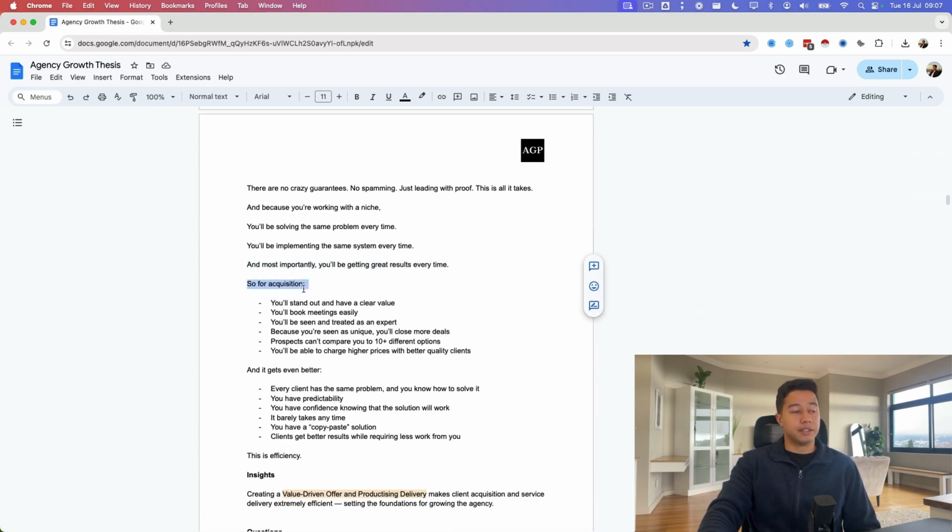So for acquisition, you'll stand out and have a clear value. You'll book meetings easily. You'll be seen and treated like an expert. Because you're seen as unique, you'll close more deals. Prospects can't compare you to 10 different options, and you'll be able to charge higher prices with better quality prospects,